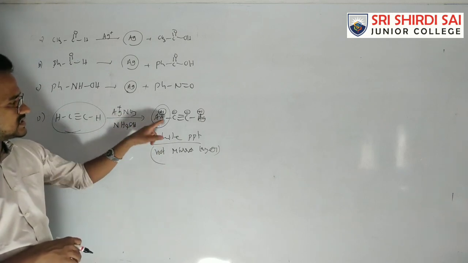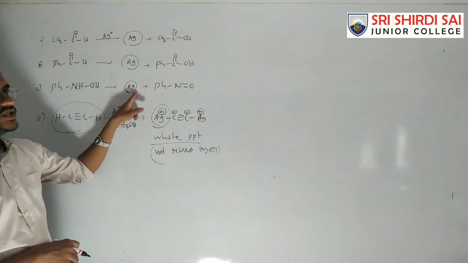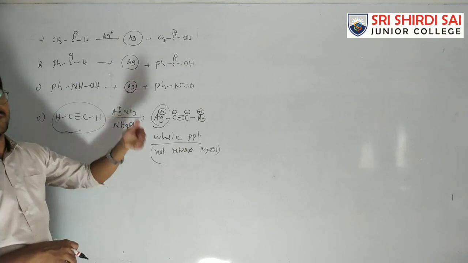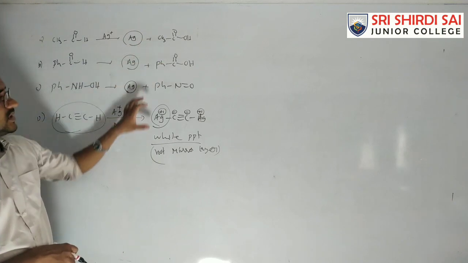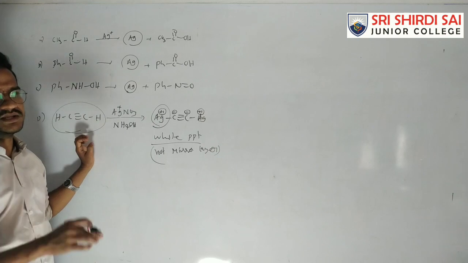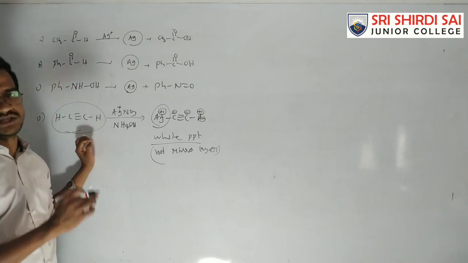Because Ag+ remains in the Ag+ oxidation state, whereas in the silver mirror test Ag+ is converted to Ag0, that is elemental silver. Elemental silver is in the form of a shiny layer. So that's why these are silver mirror tests and this is not a silver mirror. Acetylene does not give the silver mirror, just gives a white precipitate. That means here it is a positive Tollens test.